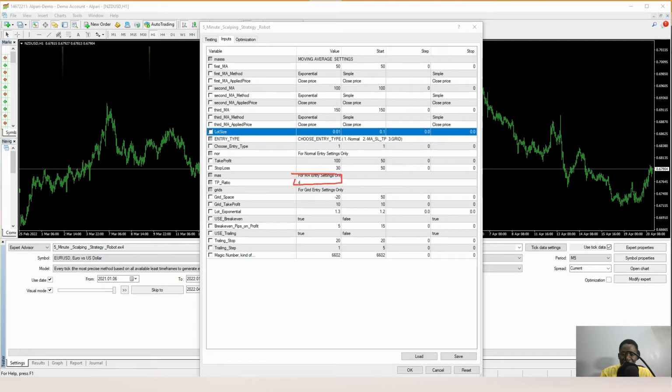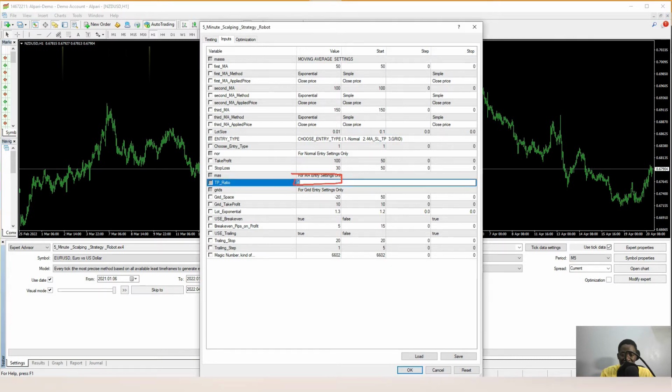So it means if your stop loss is like 20 pips, since it is going to be set by the moving average, it depends on the position of your moving average. If the position of your moving average says 20 pips stop loss, and your TP ratio is like 4, definitely you can change this. So you can say I want to change it to like 3. So it means if your stop loss is 20, your take profit will be like 60. That is 1 to ratio 3. So that is the meaning.